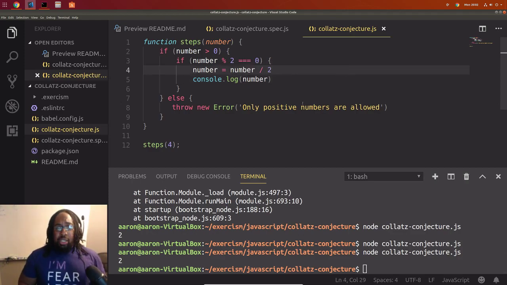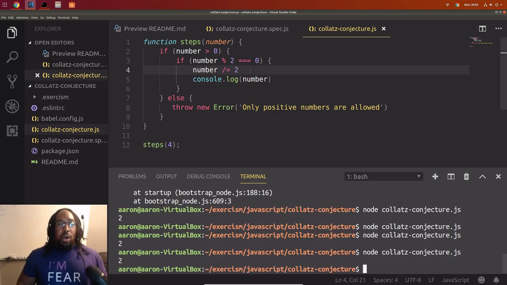I can also show you a shorthand. I think in JavaScript this also works. I think you can go shorthand like this, I believe. Let's check that. That still works. So this is a shorthand. If you do the operator and then an equal sign, it's shorthand for number equals number divided by 2.